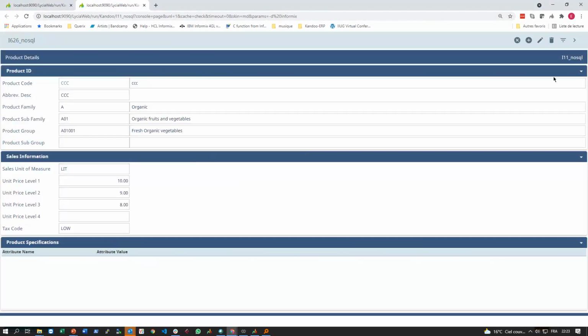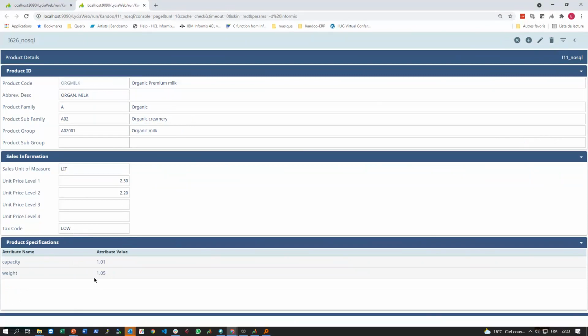So this one has no specs. Okay, next. This one comes from my BSON column. So I have width, weight, freezing point, and color. Next one has nothing. This one has weight, type, width. Okay, great. This one has capacity, weight,